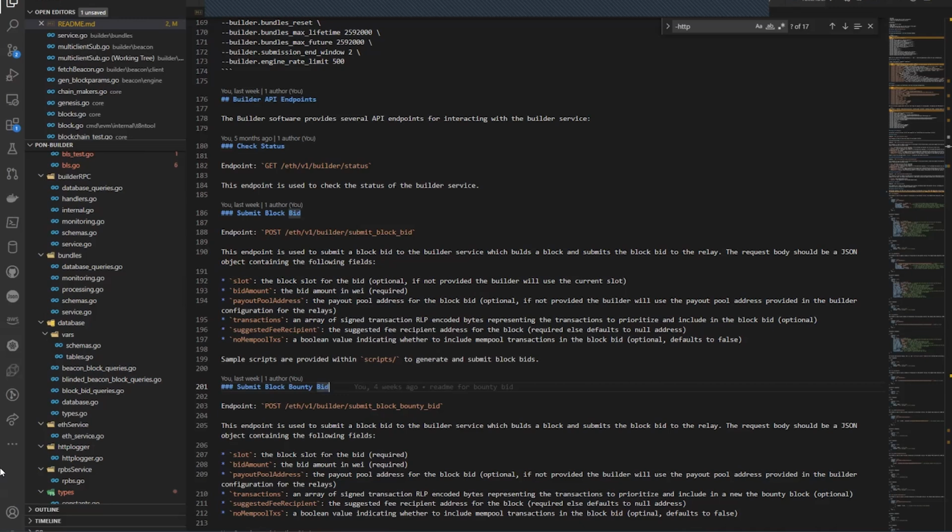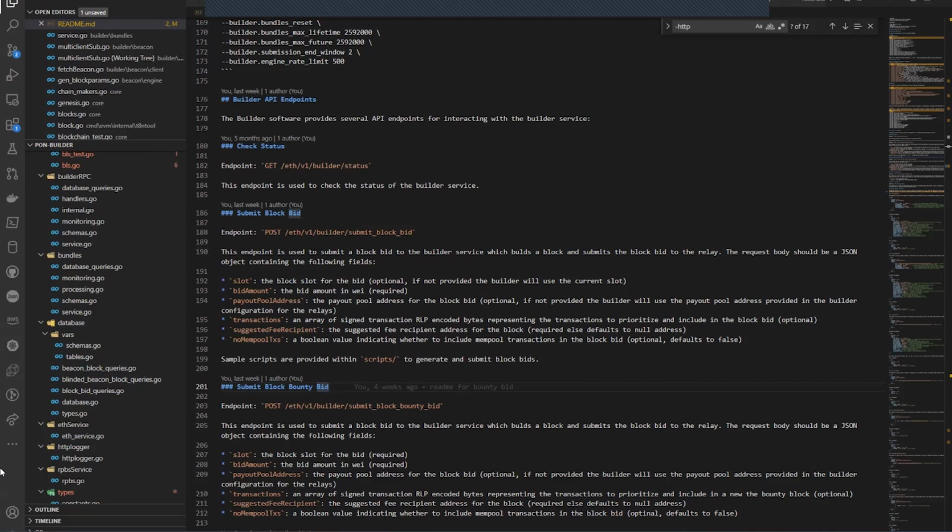So PON basically serves that purpose without splitting the top of the block and the rest of the block. Generally you bid for the entire block, but you still have some sort of behavior pattern that everyone can look out for, and even the validator can optimize their request to the relayer and say, is there any kind of top-of-the-block order coming in? Most likely it's going to come in at the last milliseconds of the block, so I'm only going to ask for that one. They can do it, but there are certain